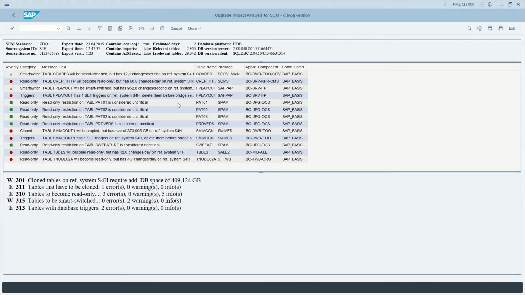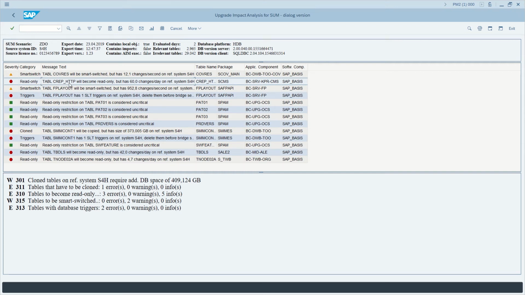So hence we have decided we can consider these entries as uncritical. Picking out another example, for instance, the table CREP HTTP. This table has some 60 changes a day on average in our productive system. However, it's been set to read-only during the bridge runtime. So for the 2 or 3 days that you probably stay on the bridge.